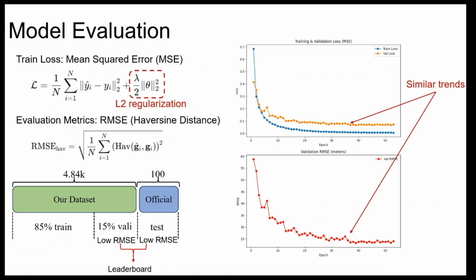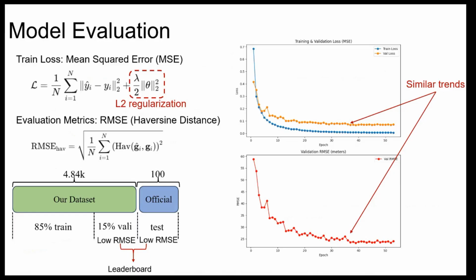We use MSE as the training loss because it is simple and easy to optimize. To mitigate overfitting, we additionally introduce the L2 regularization term. MSE is also used as one of our evaluation metrics. In addition, we use RMSE to evaluate model performance as it is more intuitive to interpret compared to MSE, while showing the same overall trends. When selecting models, we jointly consider the validation RMSE and the test RMSE on the 100 official images. Only when both metrics are relatively low, indicating strong accuracy and generalization, do we choose the model as our final